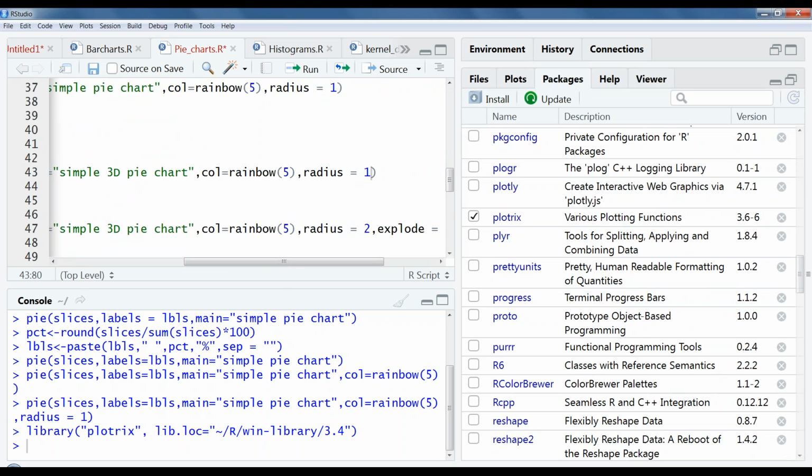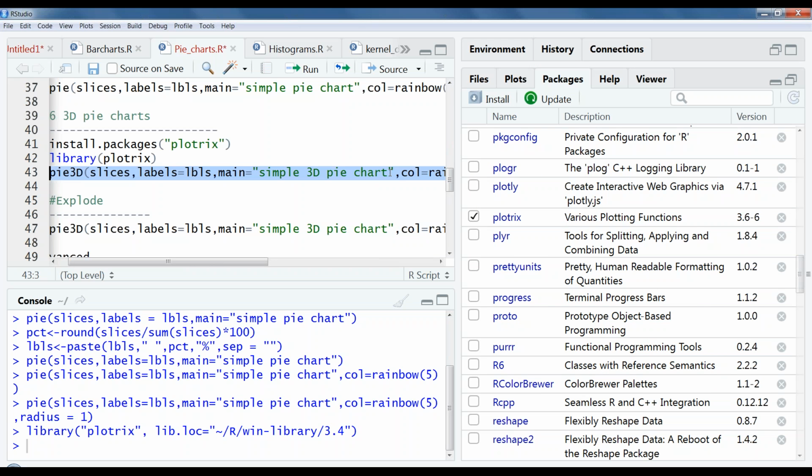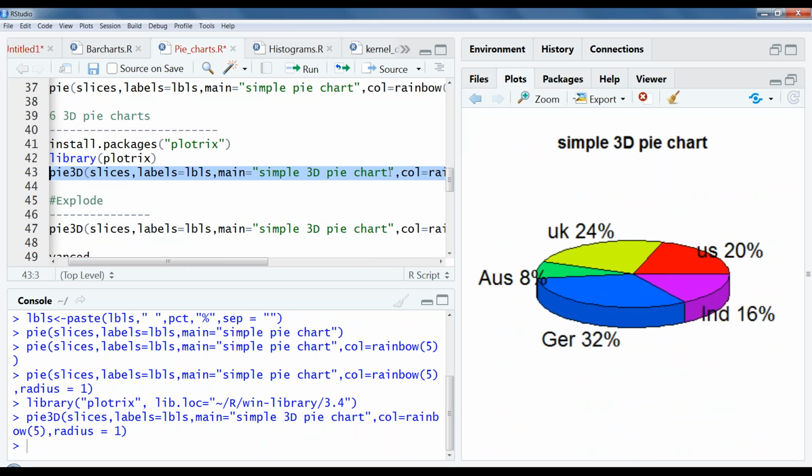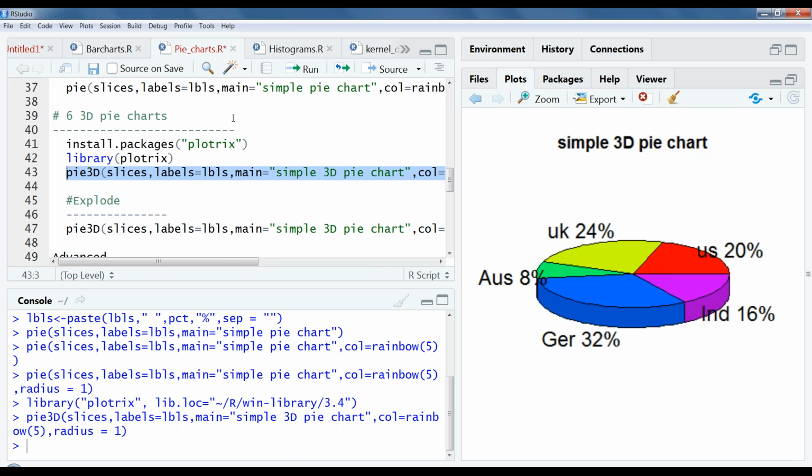Now let me see how it looks. Now you can see it's a 3D pie chart. US 20%, UK 24%, Australia 8%, Germany 32%, and India 16%. This is how a pie3D chart looks. With the help of plotrix we can do this 3D pie chart.